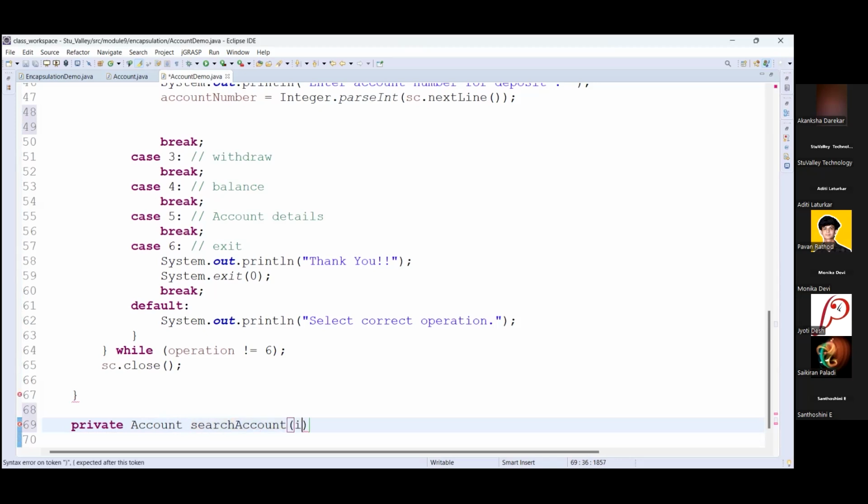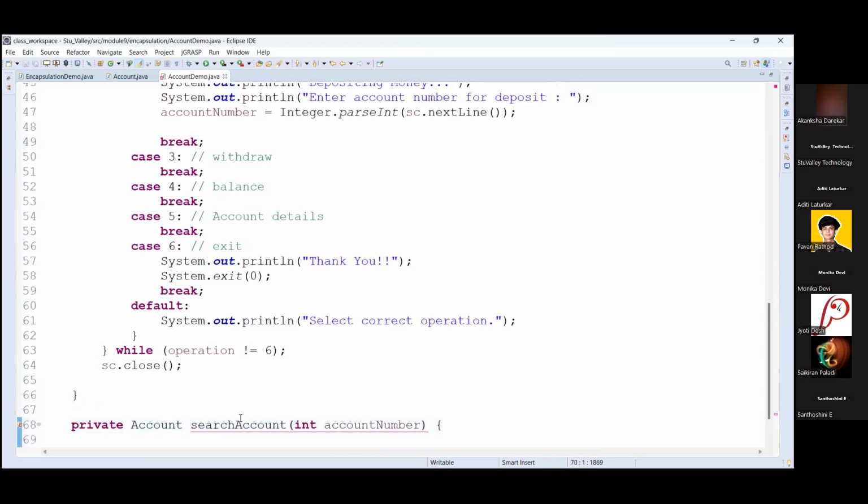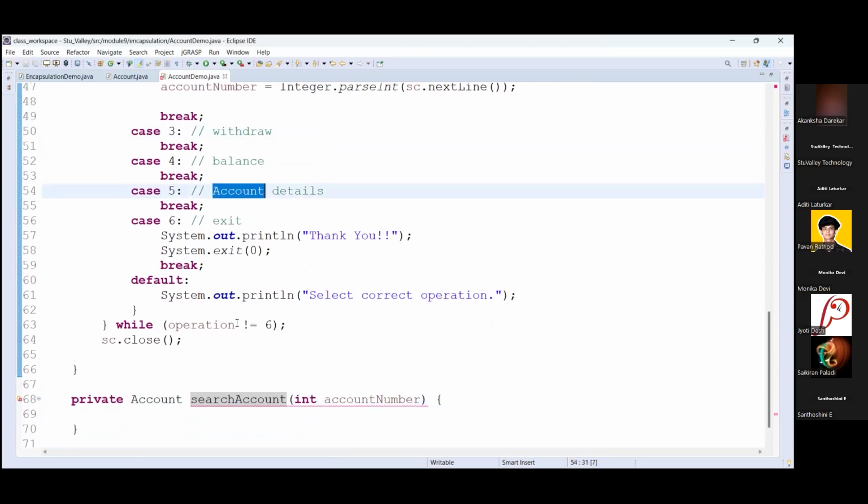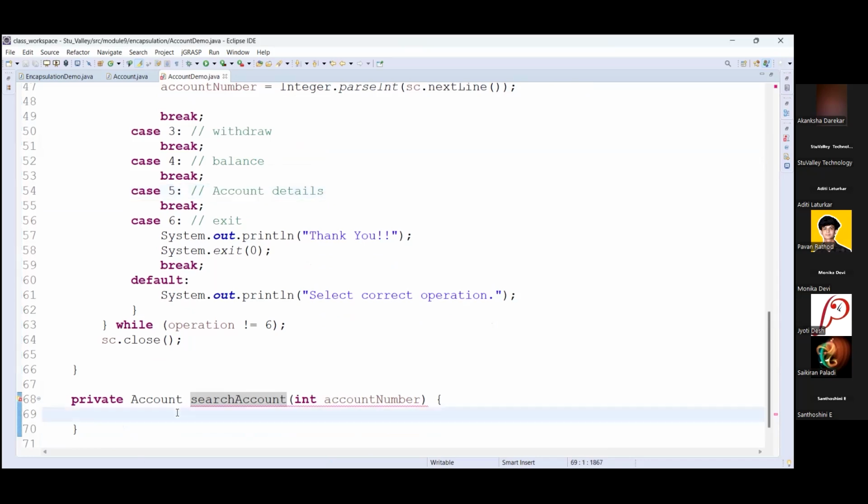Based on account number, which is in the integer format. So here we are going to perform this method. We are going to call it every time to perform all these operations for deposit, withdraw, balance, and account details, etc. For all these methods or operations, we need to first check whether that account is present or not. So to perform this, we will simply create one account object,